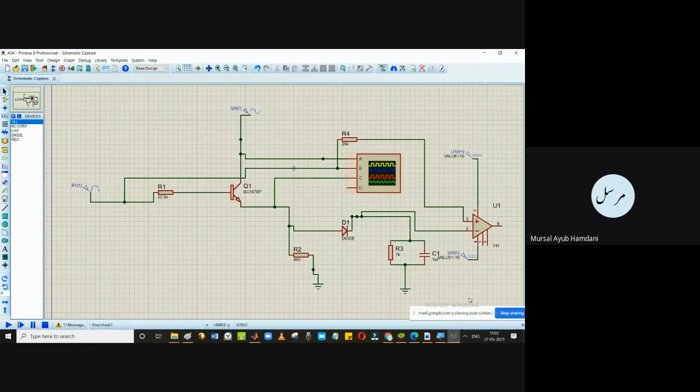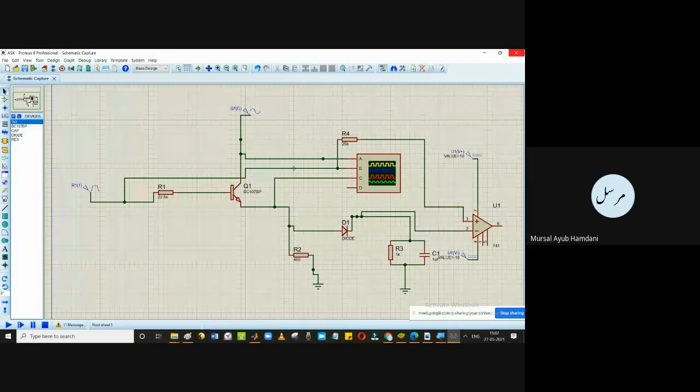Now if we have this ASK signal with us, we have two types of detection. If the receiver is such that it doesn't have the message signal with it, obviously we'll use another method.